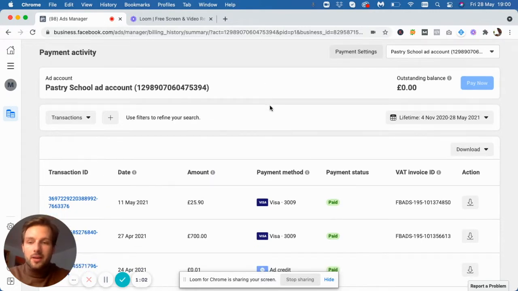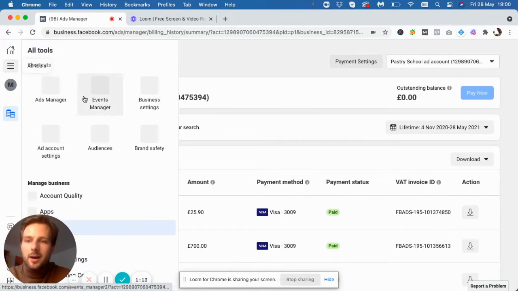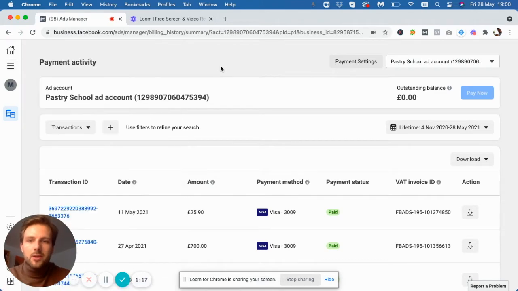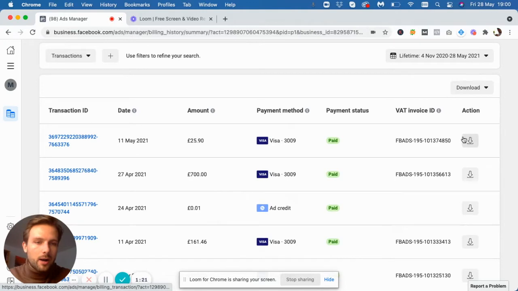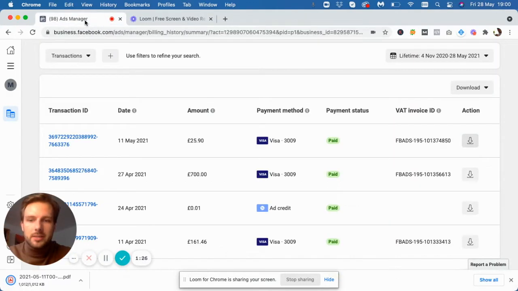So the first thing is that if you need to find your invoices for Facebook for business, if you're doing your yearly accounts, if you're in your business manager, it's under billing. So billing just here, click on that, you'll get this screen up. And then in here, you've got these little download buttons. So you can download PDFs of your